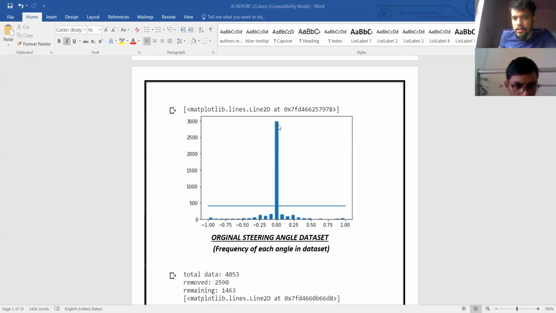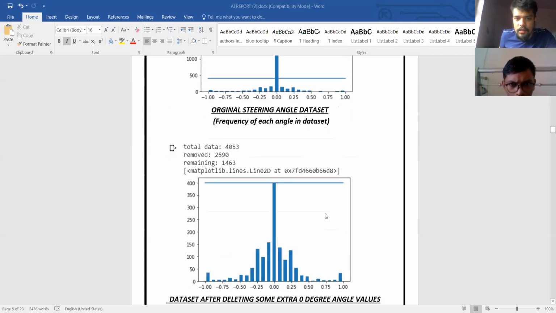Once we generate the model for our car, we get a plot of steering angles. Here you can see that most of the time we are driving the car in a straight manner, so we have angles at 0 degrees. We also see that the angles are evenly spread to the right and the left of this point. Rupesh, are you able to see the screen? Yeah. Okay. So angles are spread on the left and on the right. The negative angles denote the left turns, the positive angles denote the right turns.